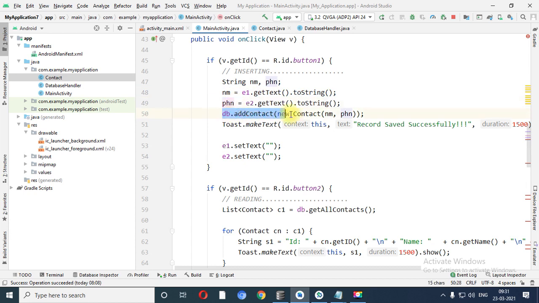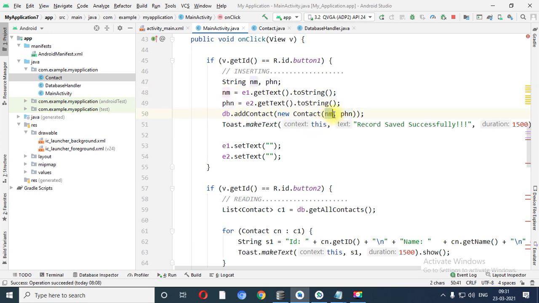Now what is the next line? First of all, new Contact. Contact is what? Contact.java. If you have declared Student over here, then you need to write Student over here, then RNO, NM, city, gender, birth date. In this way you can pass your data. But right now only two edit texts I have taken, so NM and phone number.